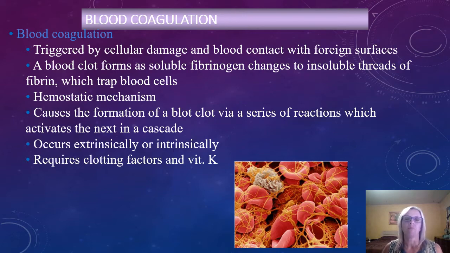All right, a blood clot is going to form from those platelets. You're going to have a soluble fibrinogen that is going to change to insoluble fibrin. All right, and so that's going to help trap blood cells. You can see that fibrin right here, the little orangish looking strings there. It's a hemostatic mechanism, stops the bleeding. All right, so this is going to cause the formation of a blood clot